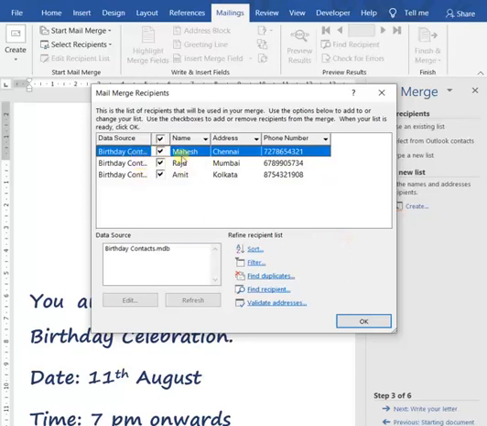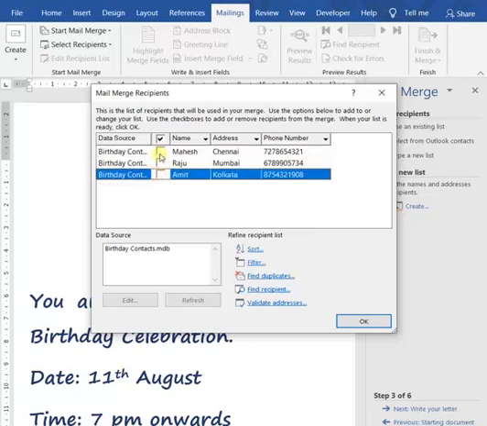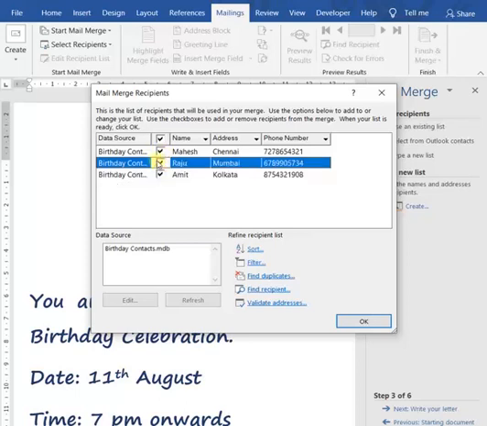It will show you, see, it is the data source. It is showing all the contacts here, and this checkbox means whichever contacts I want to include in my main document, those I can select. If I wish to select only these two, that is the first one and the last one, then I will select only these two. If I want to select all, then we'll check all the boxes.